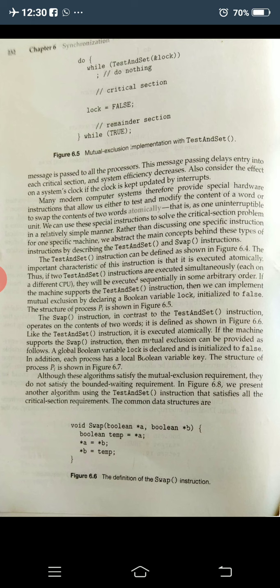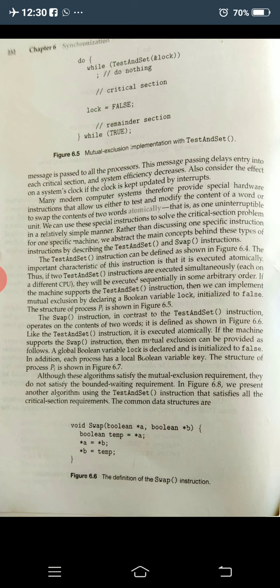Waiting means it is waiting to enter its critical section. To prove mutual exclusion, we note that process pi can enter its critical section only if waiting is false. If waiting is true, it should still wait.